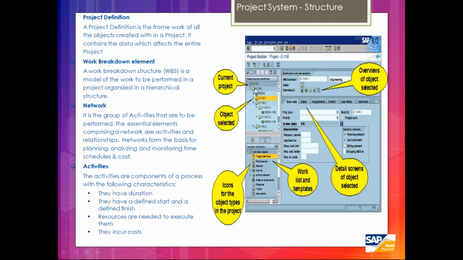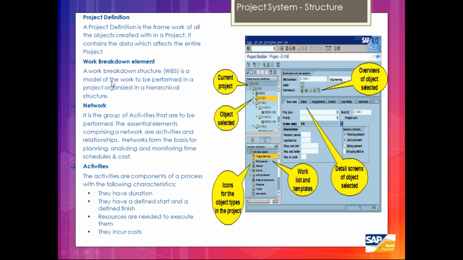All the objects means all your WBS, network activities, network activity elements, your BOM components, your milestones, all will be treated as an object. Along with that, you have organization data in this project definition: all your company codes, plant data, business area, profit centers, all will be integrated to this project definition itself.